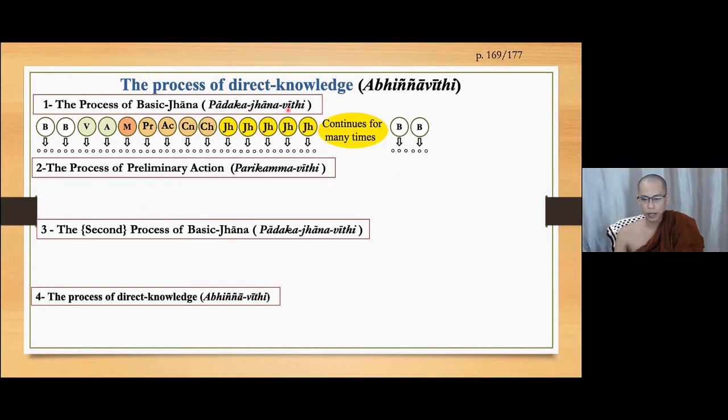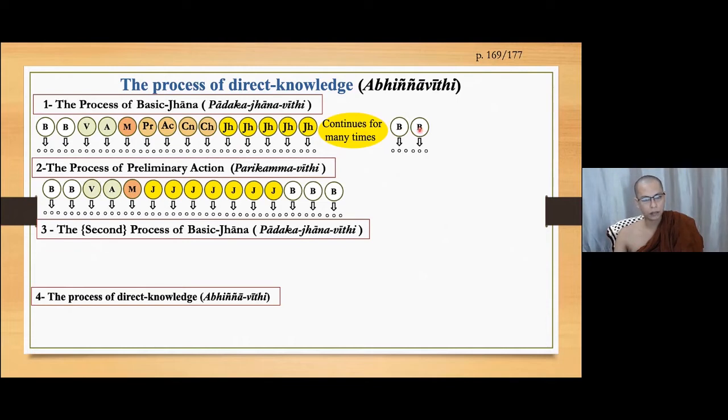So the padaka jhana refers to the cognitive process of attainment in the fifth jhana. And it continues many times for some period. After that, from that padaka jhana, he enters the process of preliminary action, parikamma vithi, to make the specific preliminary work. For example, for the divine eye, the meditator has to make the resolution: I wish to see the